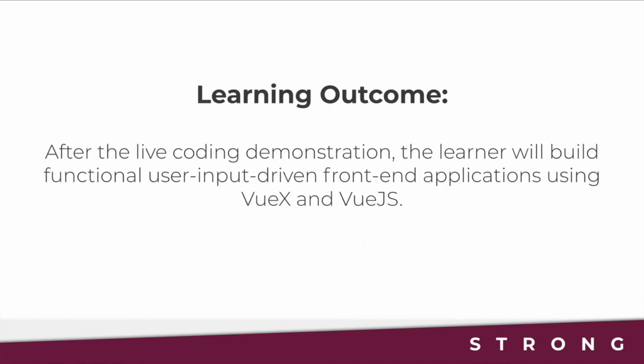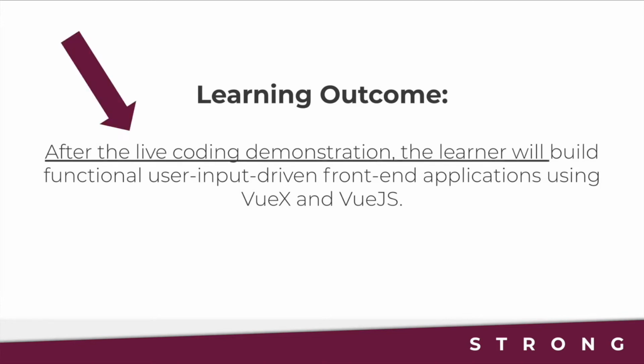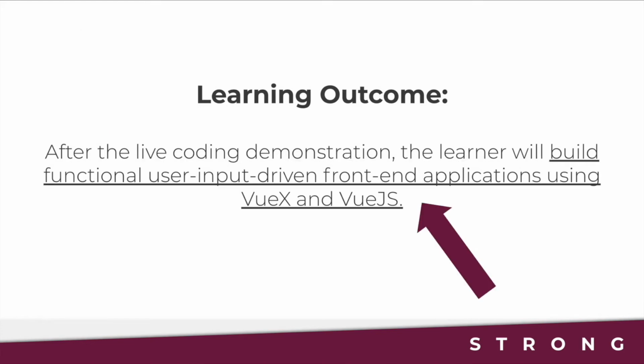Take this learning outcome, for example. This learning outcome has two distinct sections: the learning context, "After the live coding demonstration, the learner will," and the competency: "build functional user input driven front-end applications using Vuex and Vue.js." You see, competencies differ from learning outcomes in that they don't focus at all on how